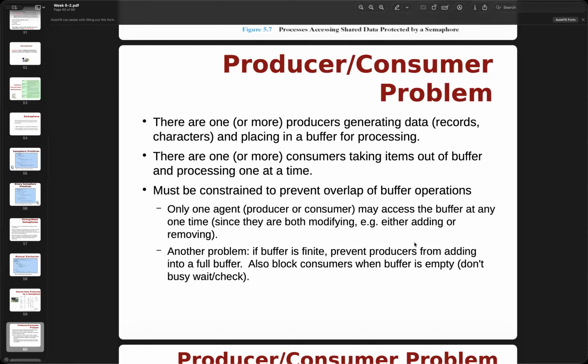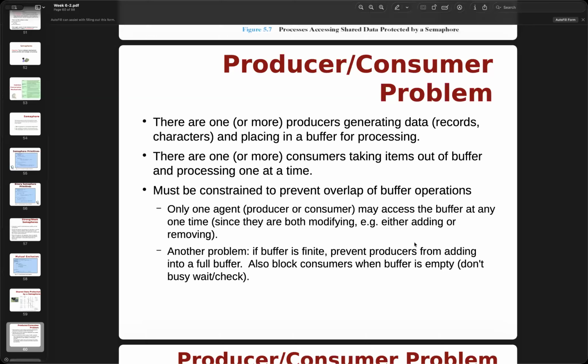Also there are one or more consumers taking items out of the buffer and processing them one at a time. We need a constraint to prevent overlap of buffer operations, so only one agent, either producer or consumer, may access the buffer at any time, since both are modifying it, either adding or removing.